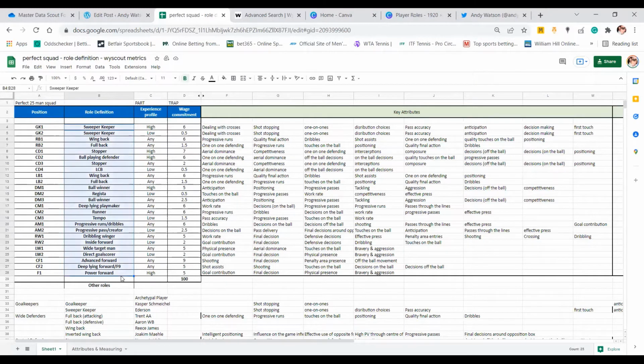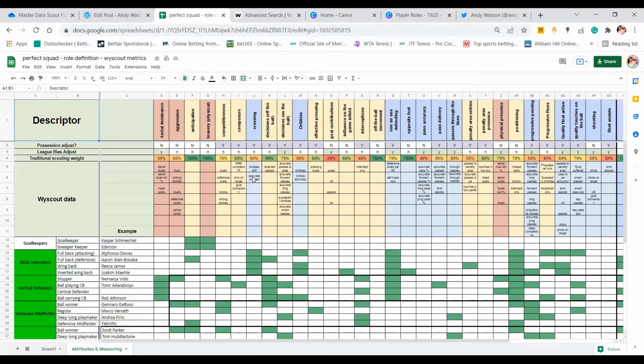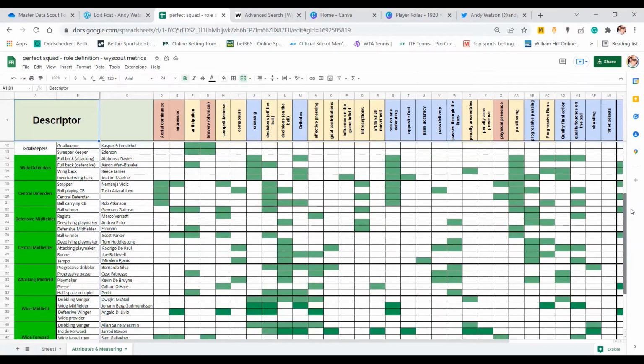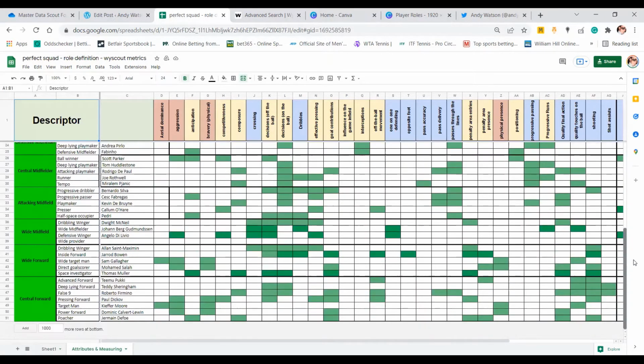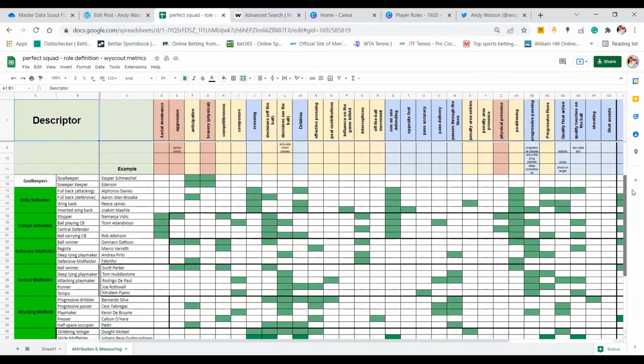I think that's the way that the game is going now in terms of tactical flexibility, and not just the position that the player plays in, but what role that player performs in the team as well. And then from there, you start thinking about what the attributes are for those roles that you would want to have. And then eventually that grew and grew into 40 roles that are all listed down the left-hand side here with some archetypal examples of players that would fulfill